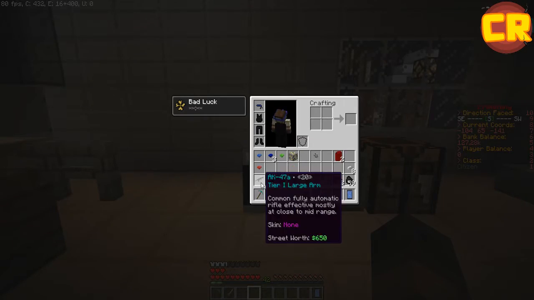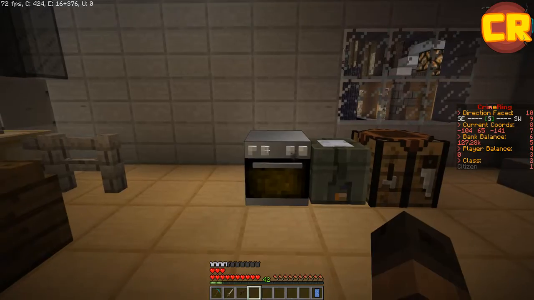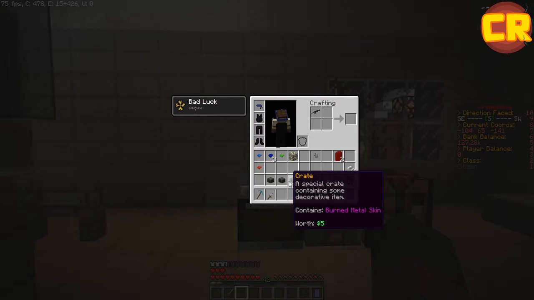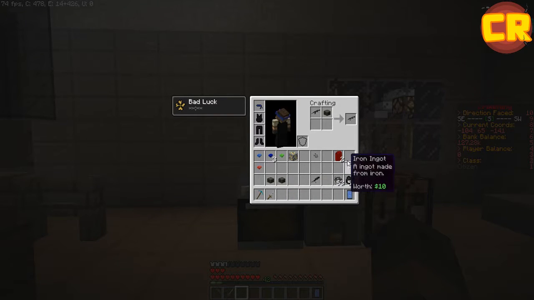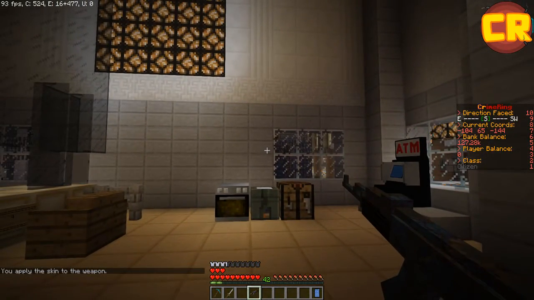We also have, which we hinted at and kind of showed off earlier on, different customizable skins for weapons. So I have, take this off, default AK skin, like a regular brown. Stick this in there, and let's say I want purple skin, red skin, burnt metal skin. Boom. So I apply the skin, and there we go. So this is hopefully gonna add another level of customizability